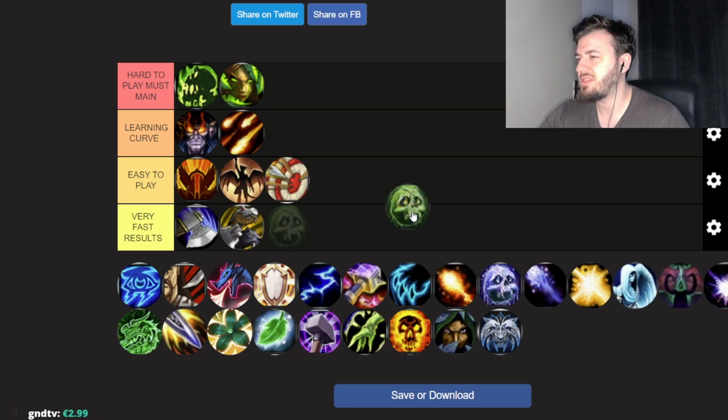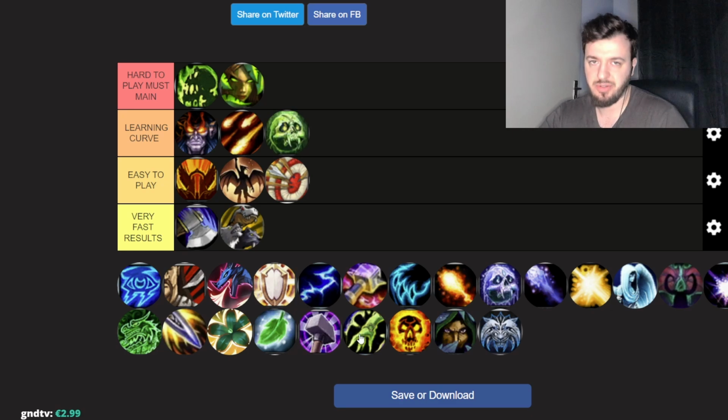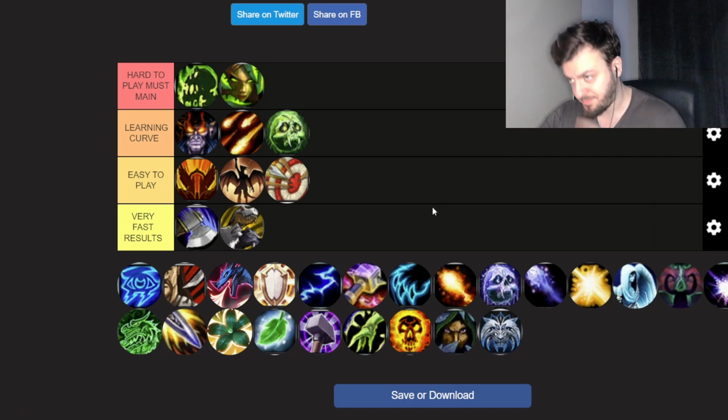So there is that. Let's talk about DKs. Unholy DK, you have a learning curve. I'm not going to say that you have to main it. I don't think it's easy to play because, again, the rotation is a bit backwards. You have to press multiple GCDs to be able to do your damage. And once you're set in and in your flow, you can basically press 2 buttons pretty much, and you try to maintain your dots to get the modifiers. And you try to do Death and Decay to proc the